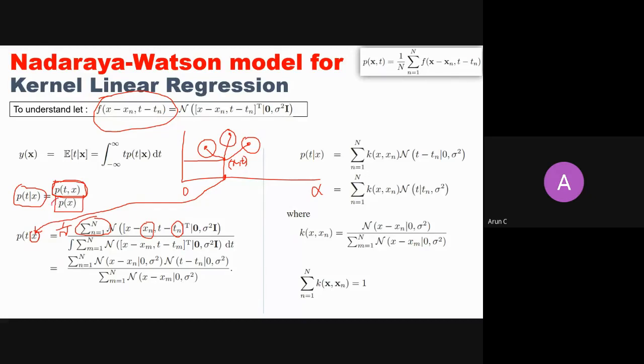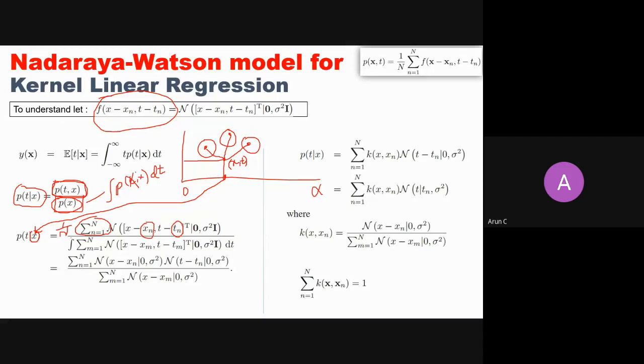Then I will calculate the marginal probability. How will I calculate the marginal probability? I will marginalize. So how will I calculate p(x)? It is nothing but you just integrate over t. Take your joint probability p(x, t) dt. If you marginalize over dt, what will you get? This t will go away because you are marginalizing it, and you are left with p(x). So this is the formula that you have used.